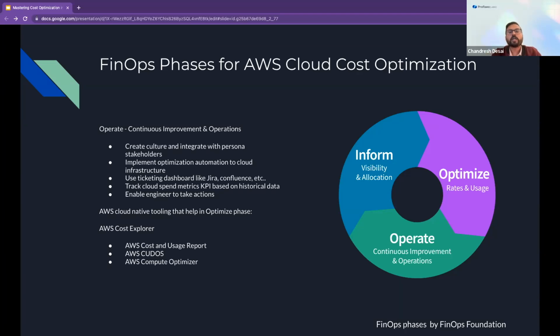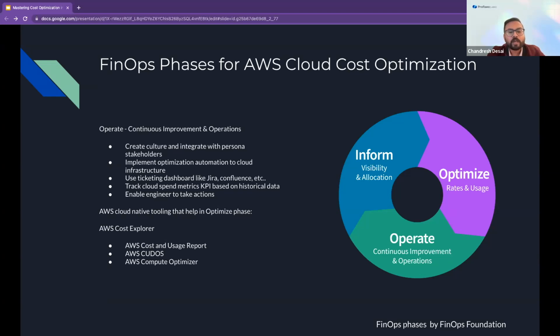So in this phase, you have already set up and created cost and usage based metrics and KPIs, compared with historical data. Meaning, if you already have a KPI set up with historical data and show this optimization report to your company executives, it will be a great success at the optimization level, because in this space you can definitely save a lot of money in your cloud cost optimization model.